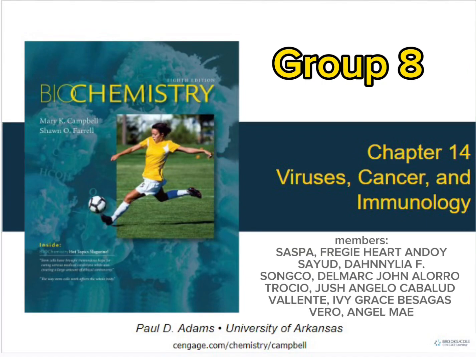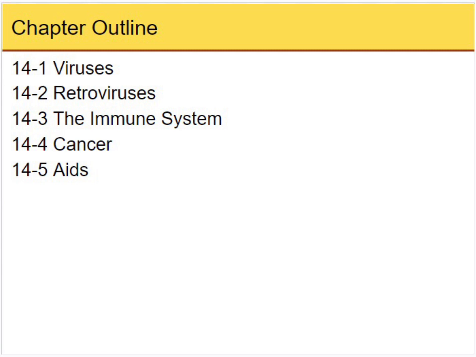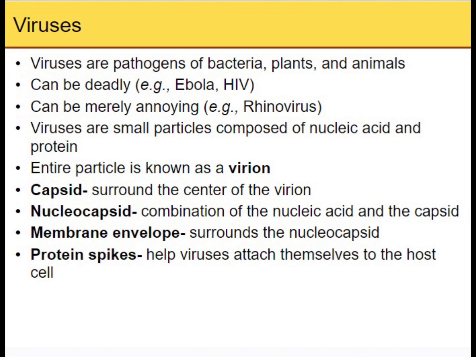Chapter 14: Viruses, Cancer, and Immunology. Chapter outline: 14.1 Viruses, 14.2 Retroviruses, 14.3 The Immune System, 14.4 Cancer,